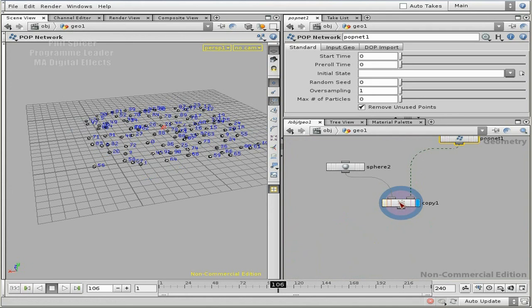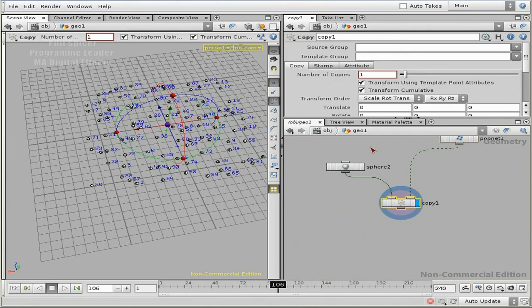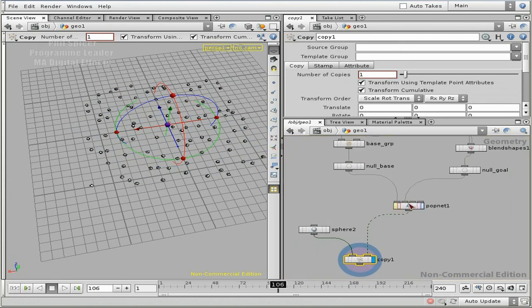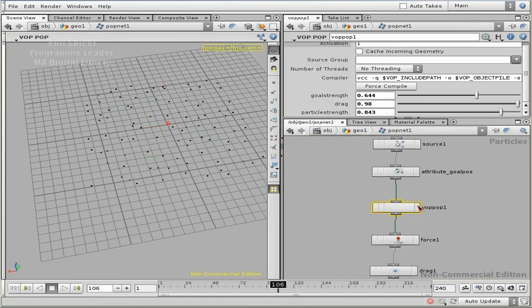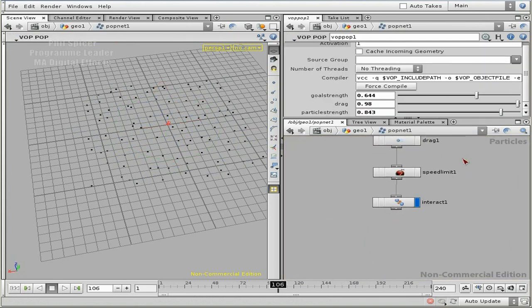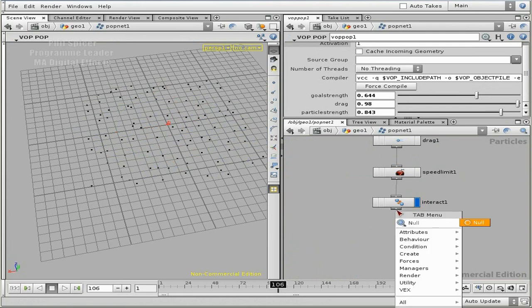Okay, so yeah, that's it basically for this kind of goal per particle system where you've got your own VOP. So yeah, that's it. Just add a null to the end,